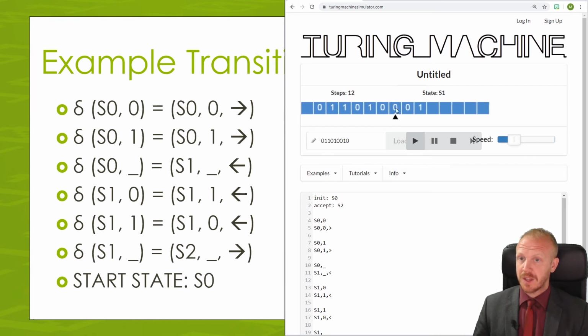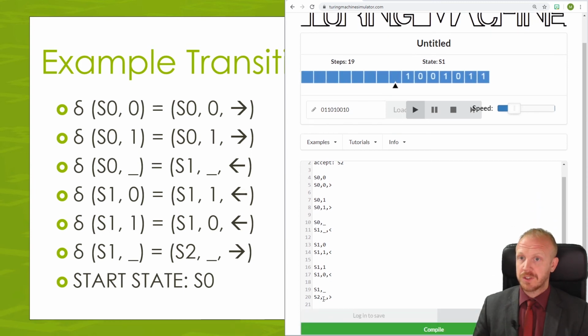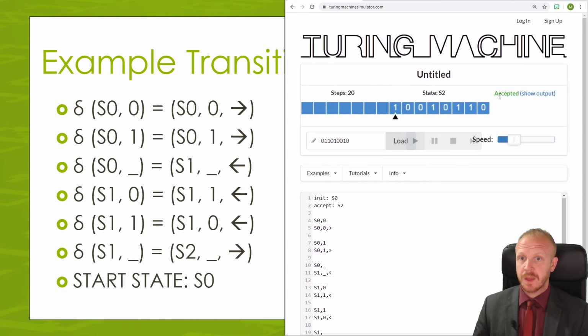So now it's in state 1, it's doing different things when it encounters each of the tiles. Eventually it will get to the blank tile in state 1, it'll change to state 2, and that's the end of it. So that there was a Turing machine to invert a string of bits. Every 1 was changed to a 0, and every 0 was changed to a 1.